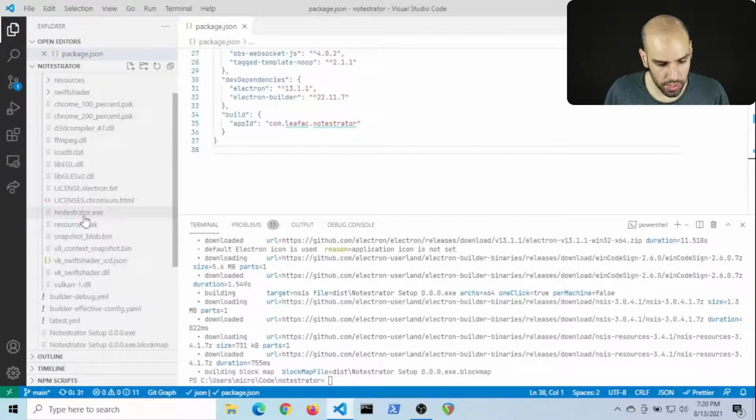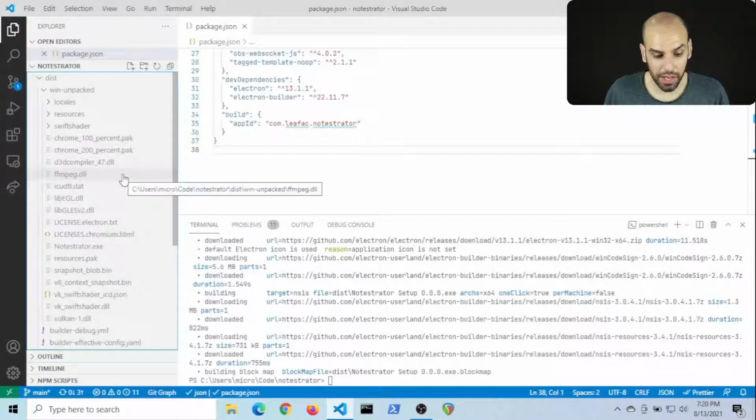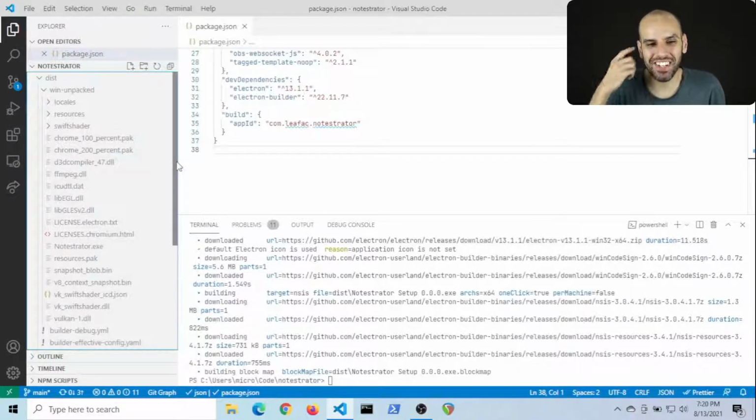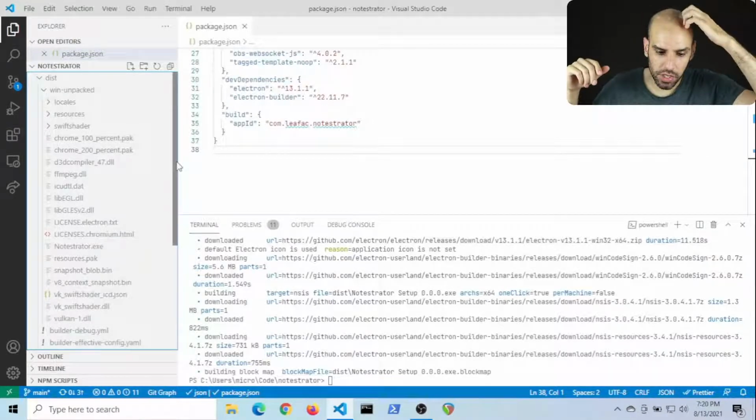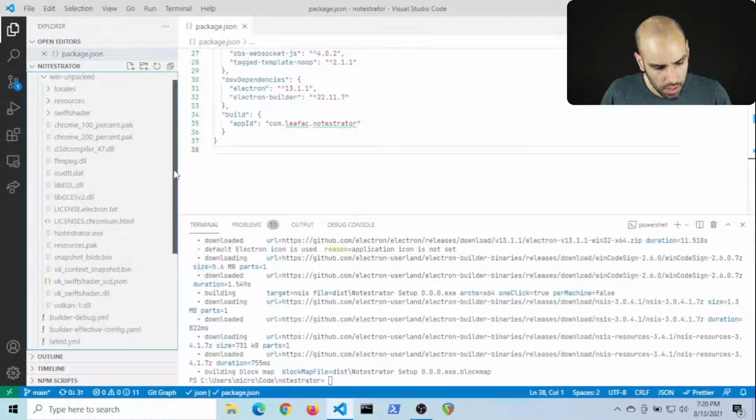And then it has a lot of things in here. It has the Notestrator app, yeah, all right. But it also has things like FFmpeg, which yesterday we learned is actually part of Electron. And I don't know actually why, but it's there. And Saxena says, what language is this? JavaScript. We are writing an Electron app. And I'm not actually using a lot of JavaScript right now. I am doing the packaging and configuration stuff, but we are going to dive into JavaScript in a few moments.